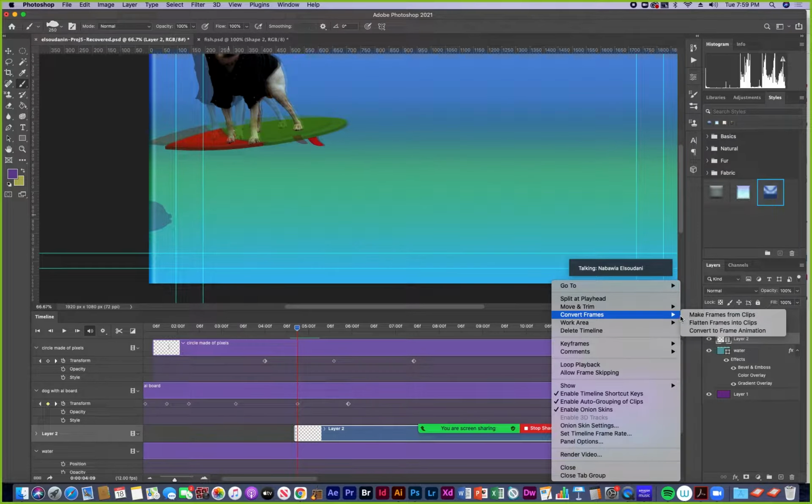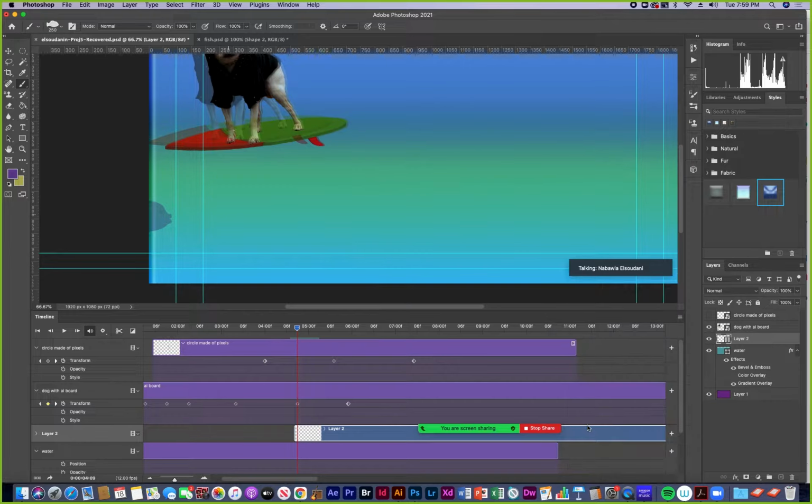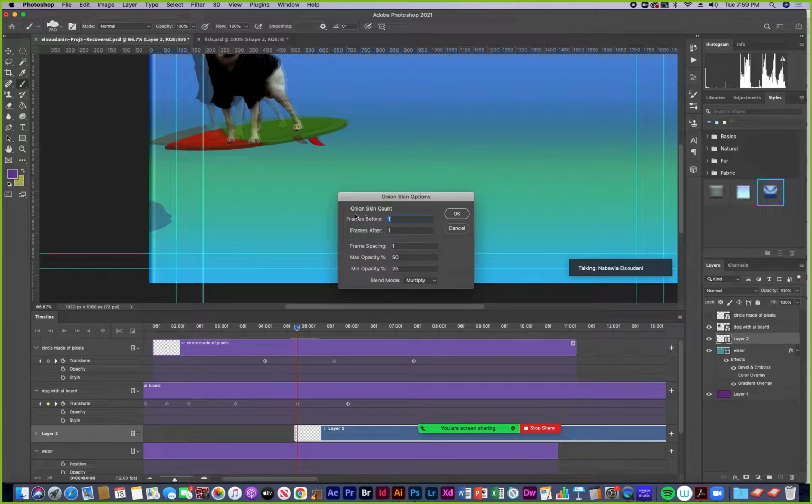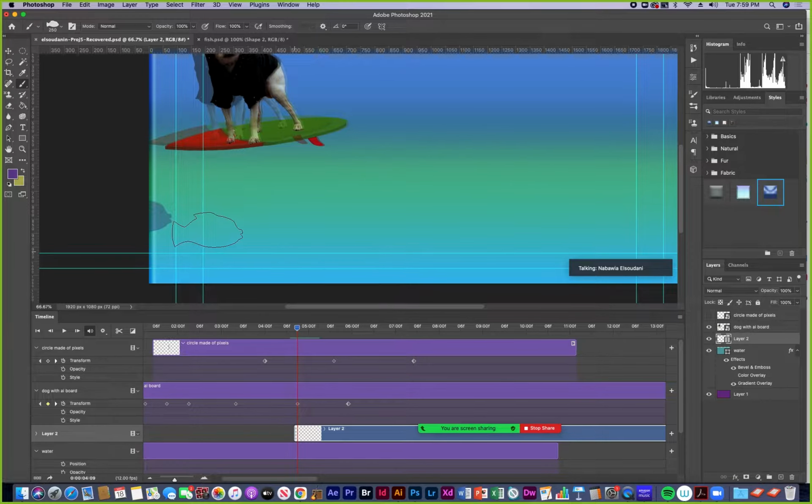You can also go into your onion skin settings, and it's showing one frame before, one frame after, frame spacing, and the blend mode that's set to show what the frame before looks like is multiplied. And I'm fine with those settings for this. So it's showing me where my last frame was, so then I know where to go next.